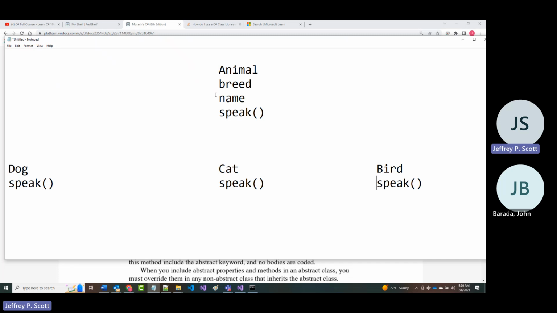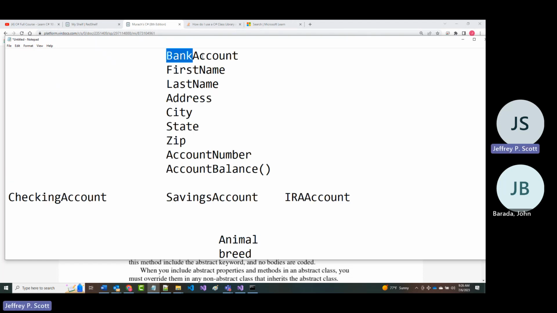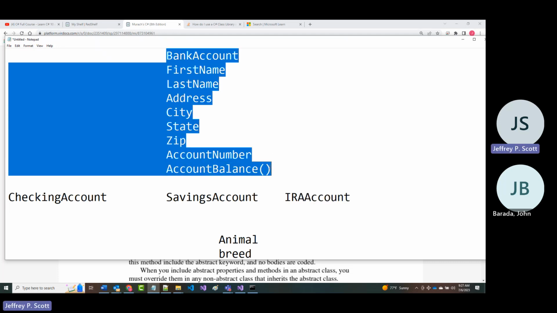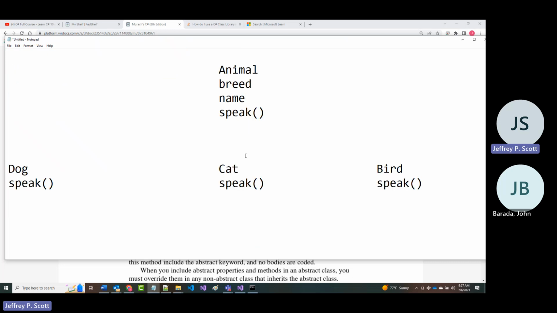But there's a good chance you would not say, "Hey, I bought an animal." Or, "Hey, I opened up a bank account." No, I opened up a checking account or a savings account or an IRA account, etc. When you start to create a class hierarchy, which is what I'm showing you here, they go from the most general to the most specific.